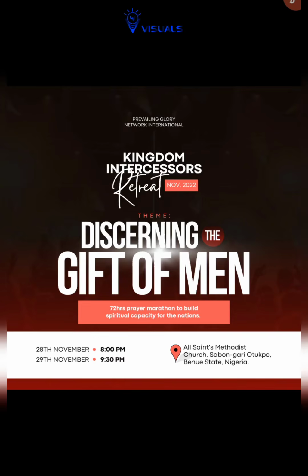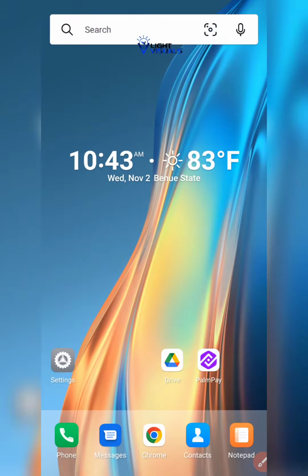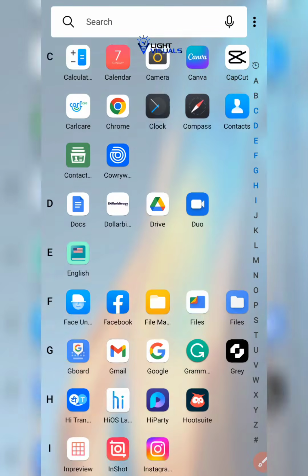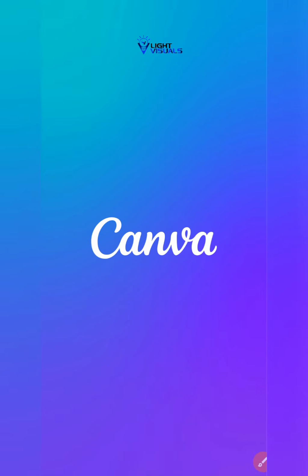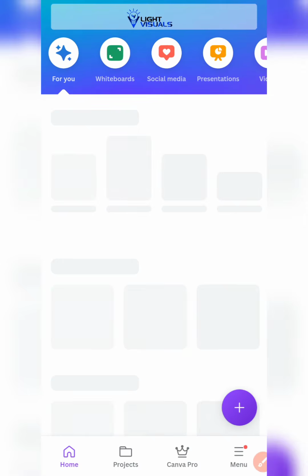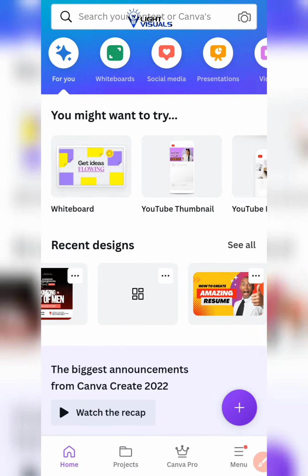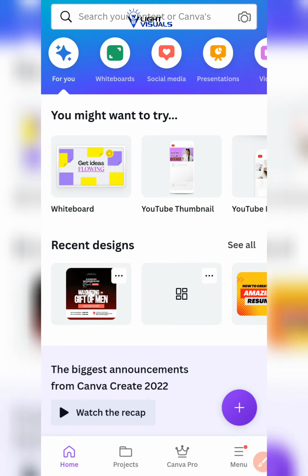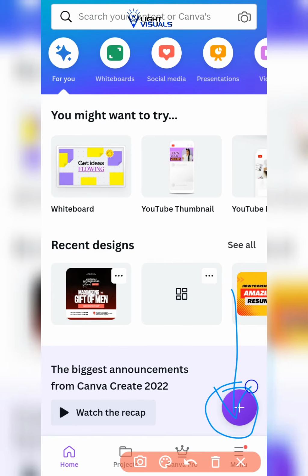So let's get right into how to design this flyer already. First off, I would need you to launch the Canva app. We're going to launch the Canva application, and then we're going to create a new design. Just to create a new design, click on this button you're seeing right here,